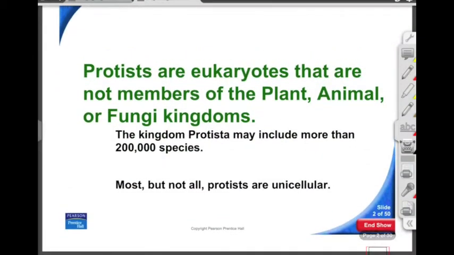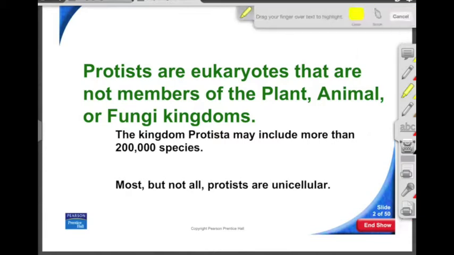And we'll go on to slide number 2. There's a little reminder here, since it's reviewing an element of the previous lesson. These are eukaryotes, but they're not kingdom Plantae. They're not kingdom Animalia, and they are not kingdom Fungi. But boy, do they have a lot of characteristics of them. This is a really important point, and I think it keeps getting messed up every time people talk about the protists. Most protists, and here's a little word, most,